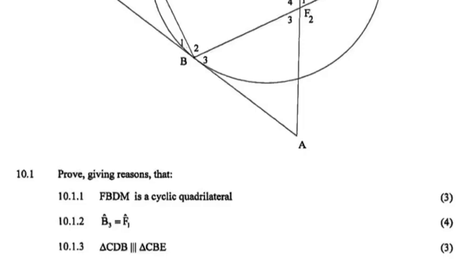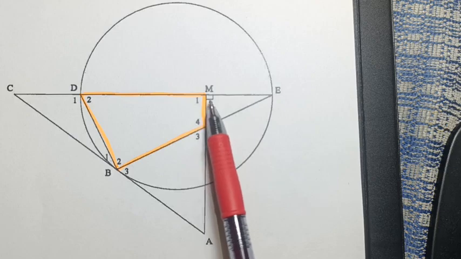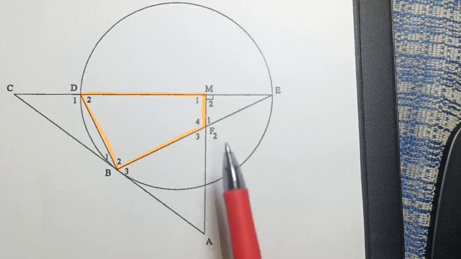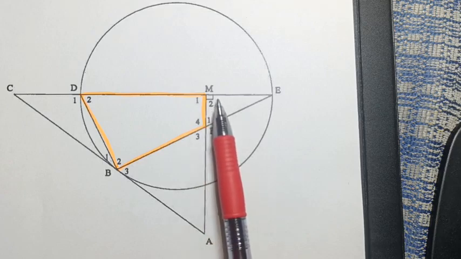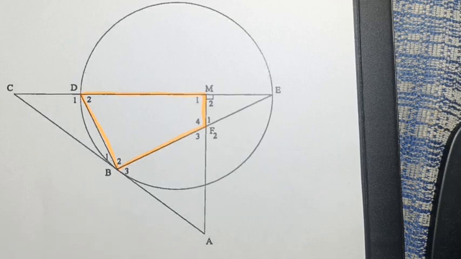10.1.1, FBDM is a cyclic quad. So we need to prove that FBDM is a cyclic quad. Have a look here. Angle M2 is 90 degrees. If we can prove angle B2 is also 90 degrees, then we can prove this is a cyclic quad, because the exterior angle of a cyclic quad is equal to the opposite interior angle. Converse exterior